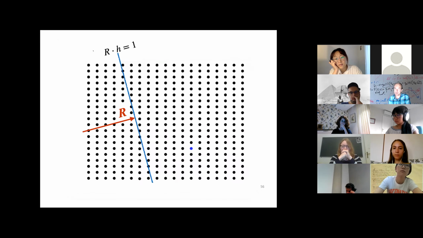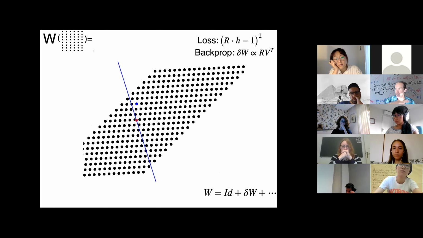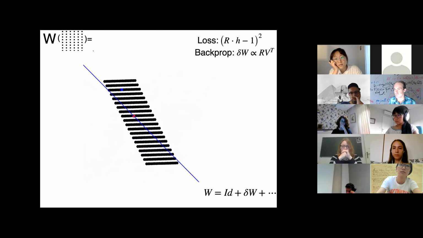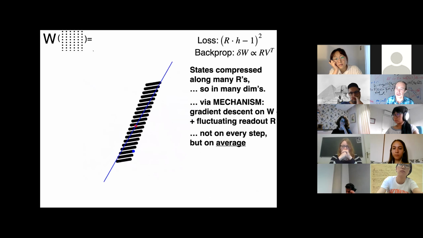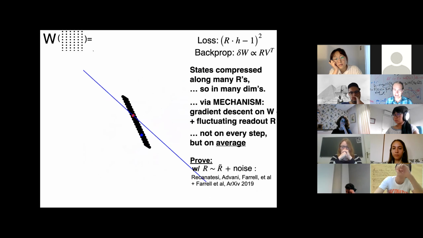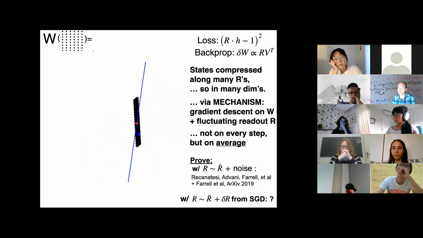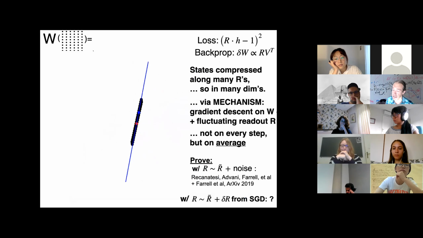In the other case, I cheated in the other direction by just grabbing R and changing it around by hand. And you can prove that if you take R and just move it around by hand, this will lead to compression. But what Yusho is asking is, what if you take the actual changes in delta R that occur from co-training in a mechanism like stochastic gradient descent? And it turns out that you can prove